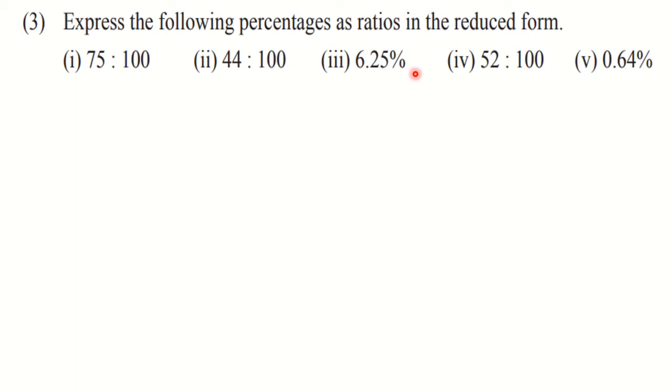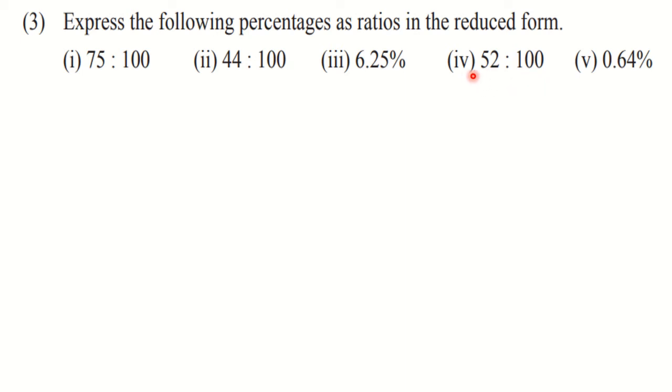6.25 is to 200. Even though 200 is not written, it is present there because this symbol percent means per 100. That is why upon 100 is present here. So this 200 is the same as this percentage symbol. Keep that in mind. Here also the percent symbol is given. Now from this I am solving the first, second, third and fifth. The fourth one is very easy, which you can solve. They are simply numbers.